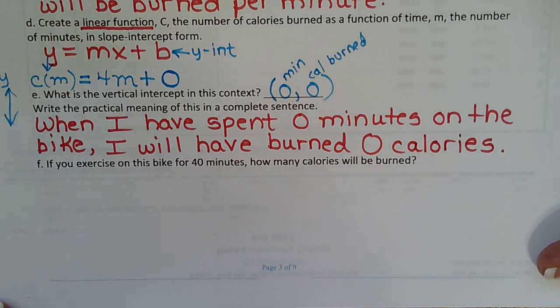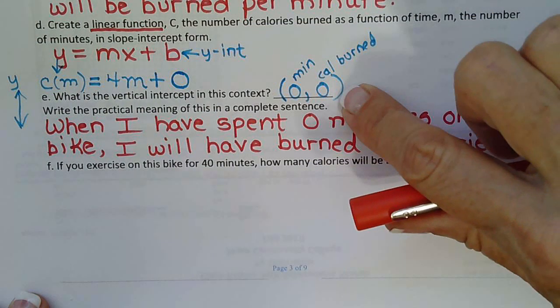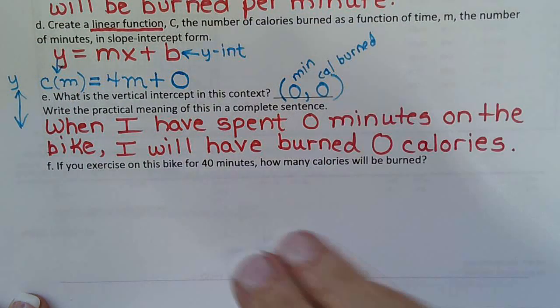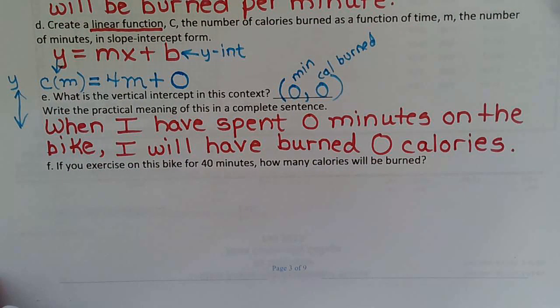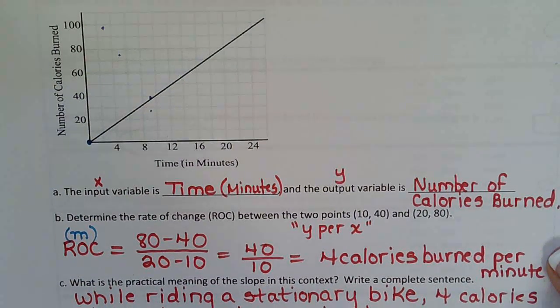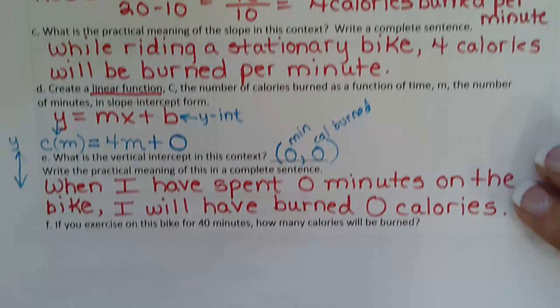There we go. So just like what we've been doing all along, you write a point, label what the X and Y are, then the sentence just falls into your lap. If you exercise on this bike for 40 minutes, how many calories will be burned? Well, if you look at the graph, 40 minutes isn't on the graph. So that means plan B is use the